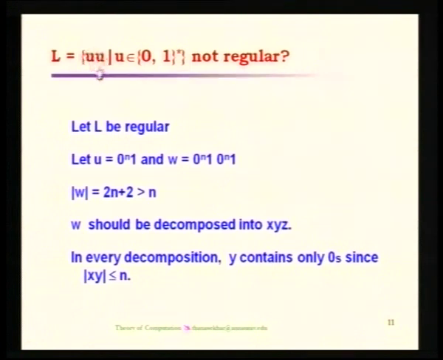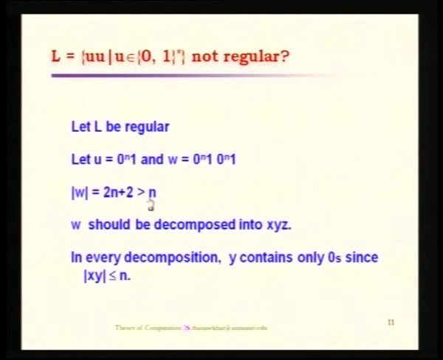Now, the question is, can we recognize this kind of strings with the help of either regular expressions or finite automata? The same story we have to repeat here. We assume the language is going to be regular first of all, and then take a string, where u is 0 power n followed by 1. When u is 0 power n followed by 1, your w becomes 0 power n 1 0 power n 1,